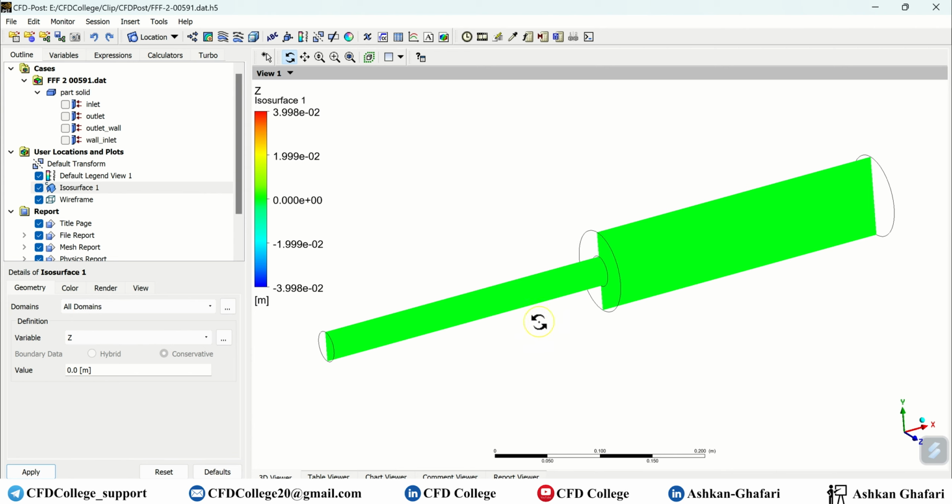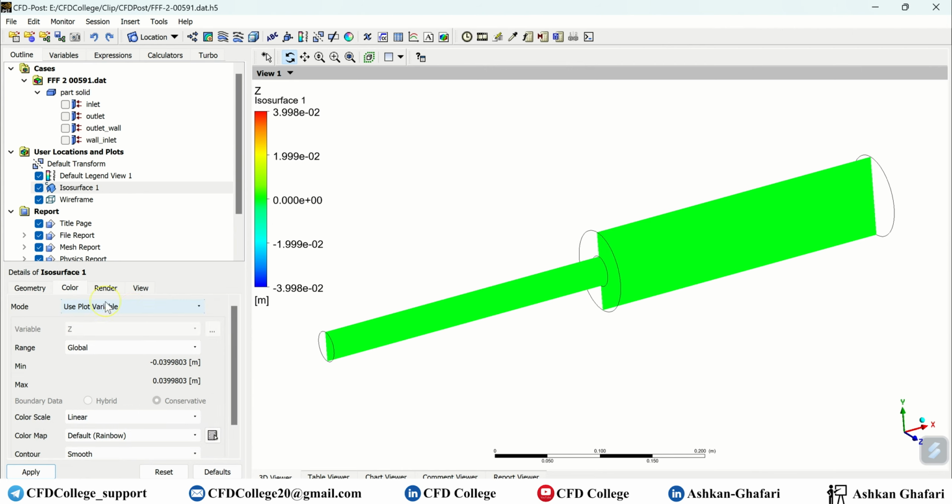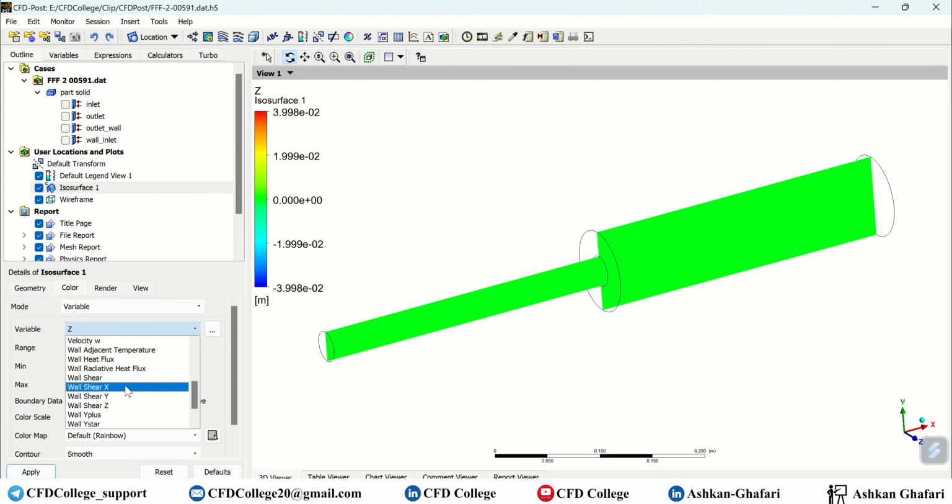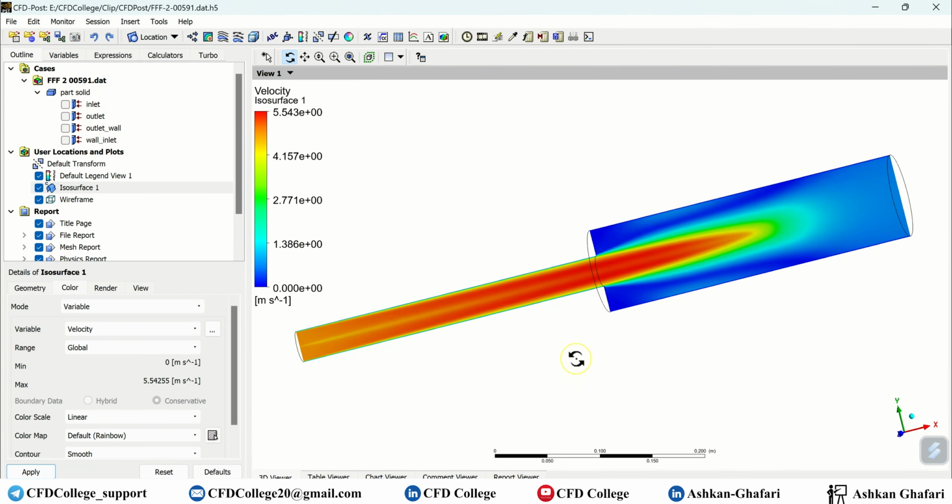For plotting a contour on this isosurface, you actually have two ways. You can simply go to the color tab, and here you can change the mode of coloring. You can select variable, and you can choose the variable that you want. For example, velocity. If I choose the velocity, and if I click on apply, you can see this is the